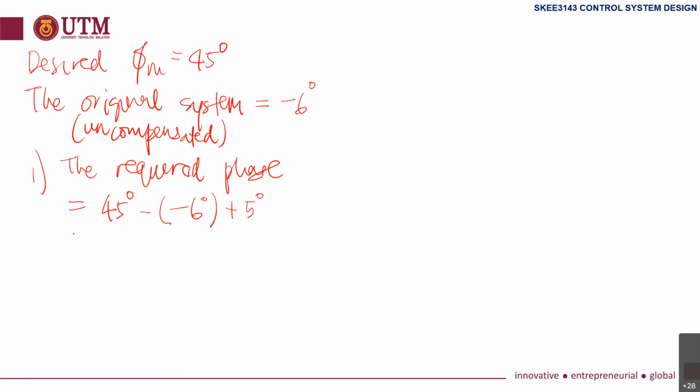Right? So it is 56 degrees. Please be noted that the 6 degree here I estimated from the graph, from the Bode plot. You might have a different value. We get 56 degrees, the required phase. Then we can apply equation number 2. Equation 2 is